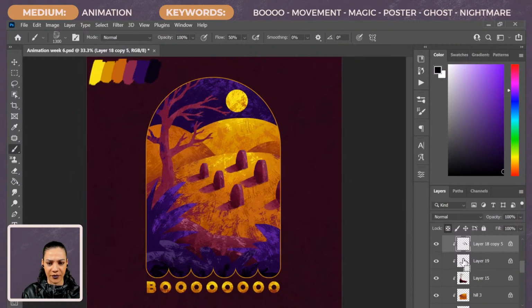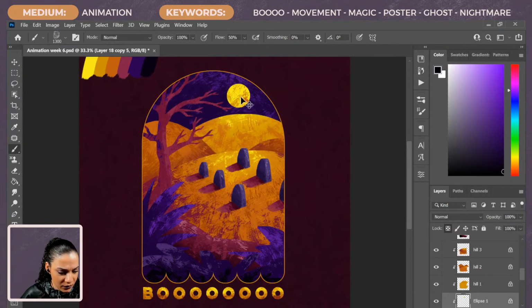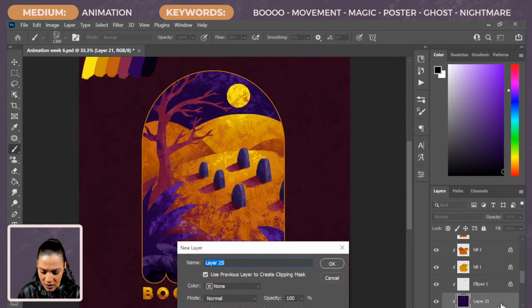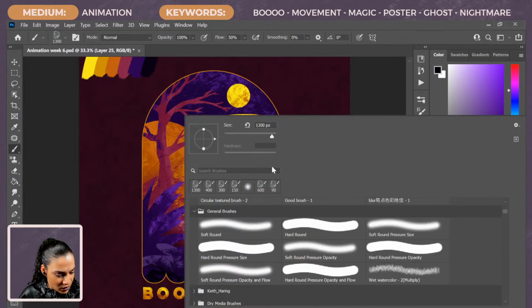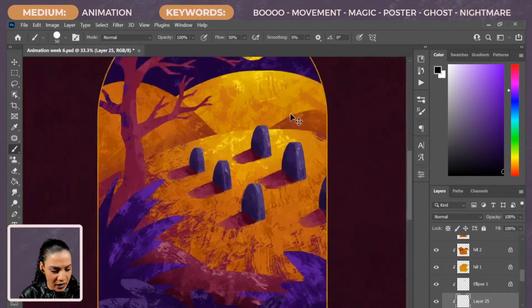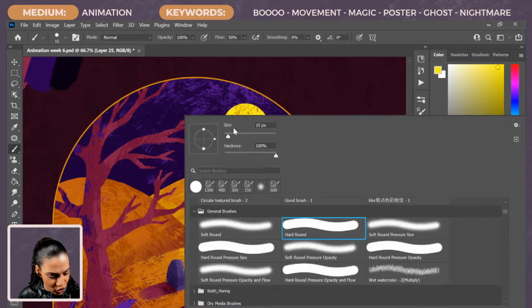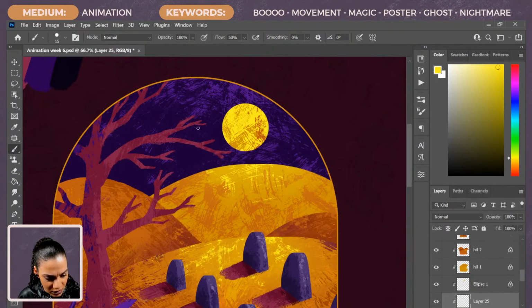It's up to you. And while you folks put some thoughts in the chat on that, I am going to add some stars. Let's make a new layer in here. I'm going to grab a hard round brush, and I'm going to grab this yellow. Let's get the sharp round brush, the pressure.